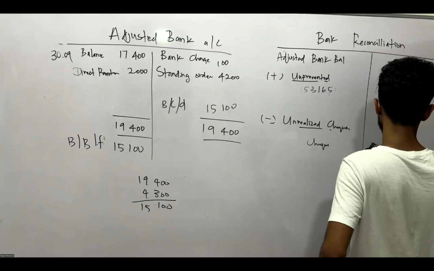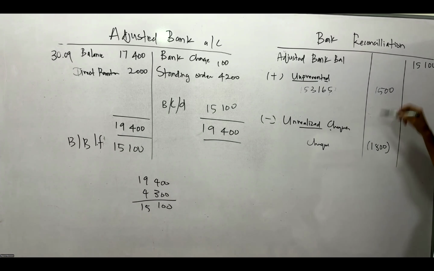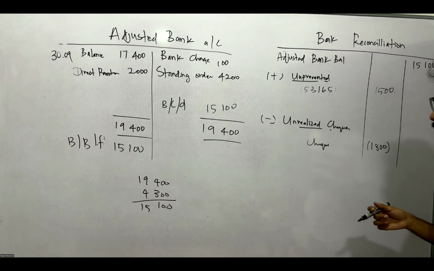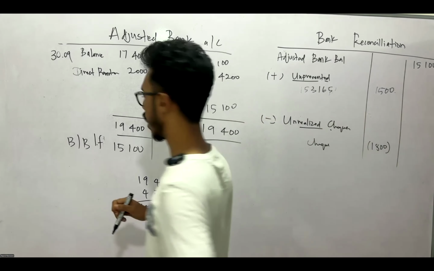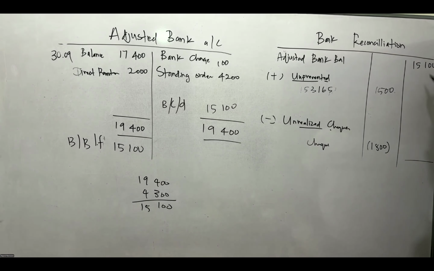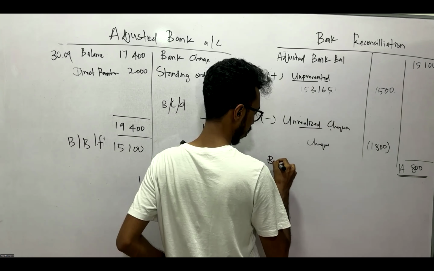Check 1,800. Now you have to deduct that time. Now what is the difference? 1,500 minus 1,800. That will be negative 300. So when you deduct 300 from 15,100, the answer will be 14,800. This is what we call the balance